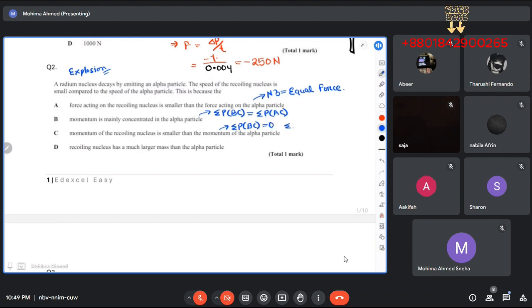And in order to make the momentum after collision also zero, the momentum of radium should be equal to the momentum of the alpha particle. Right now, I do not know the symbol for radium, so that's why I wrote capital R. Capital R is for radium. This is your correct answer because according to your mass and velocity ratio, I know the